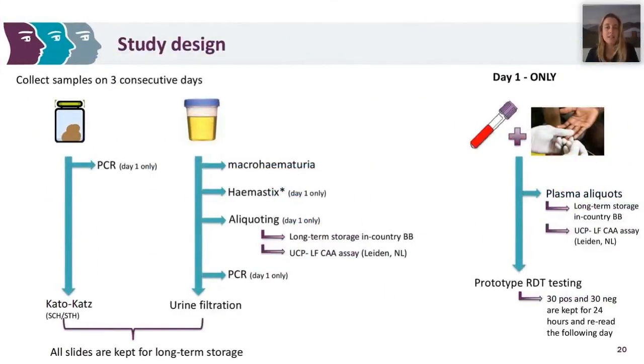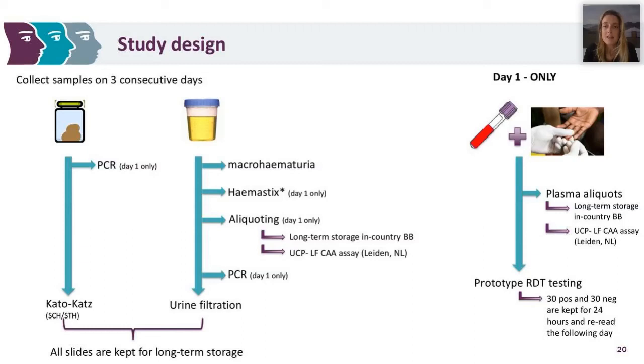So the study design, we will be collecting stool and urine samples for 3 consecutive days. And also on day 1, we will be testing venous blood and finger prick blood on the prototype RDT. Now, for stool and urine, we will be doing the Cato-CATS and urine filtration, as well as PCR on day 1 samples only. And for the bloods, so on day 1, we will be doing the testing on the prototype